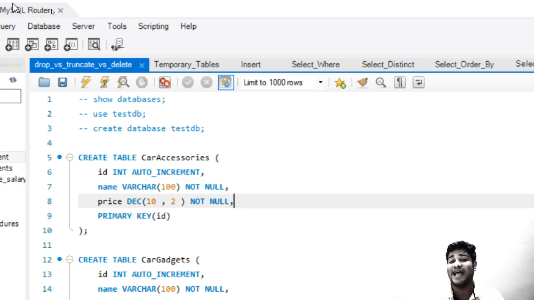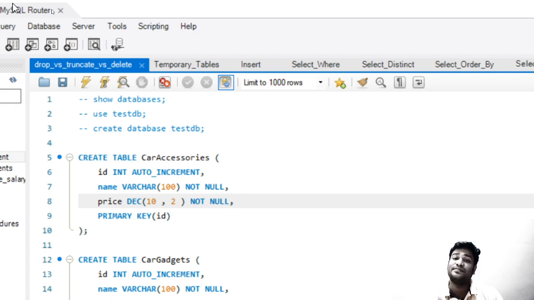So how exactly does truncate work, and how exactly does delete work? Delete will go to each and every row and delete each and every row. But truncate will first drop the table and then recreate it. Try to understand: delete is not dropping the table definition. It is deleting rows one by one. But truncate drops the table entirely and recreates it. So all the rows in the table get deleted.